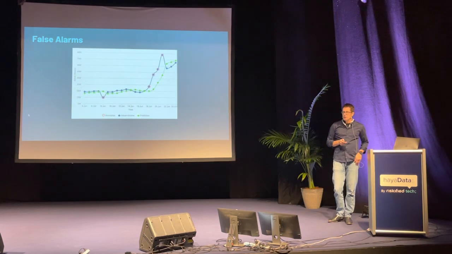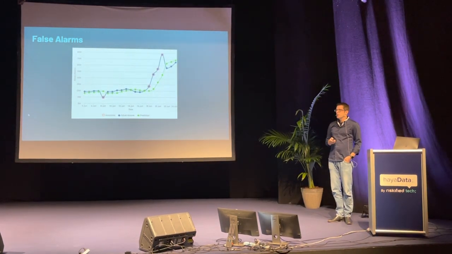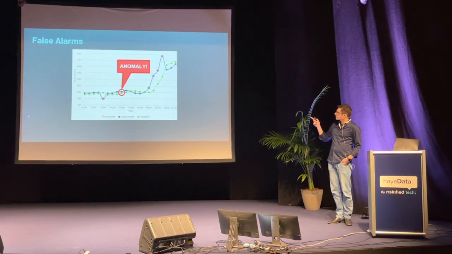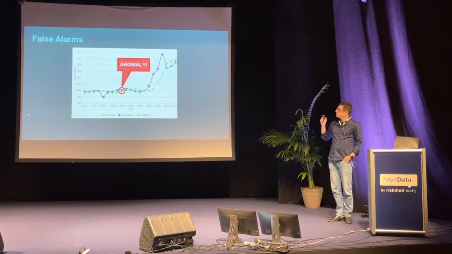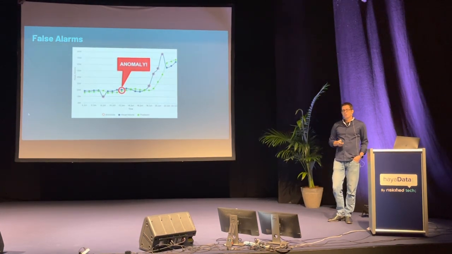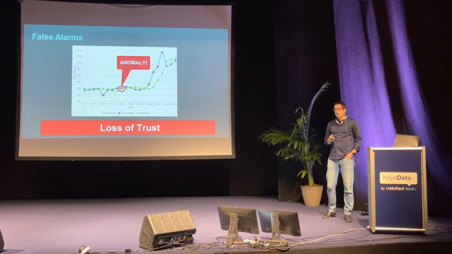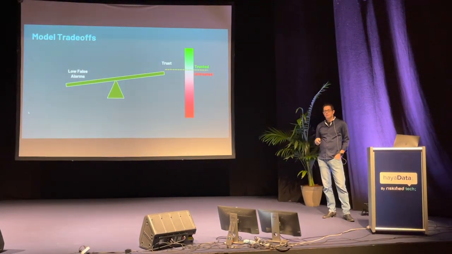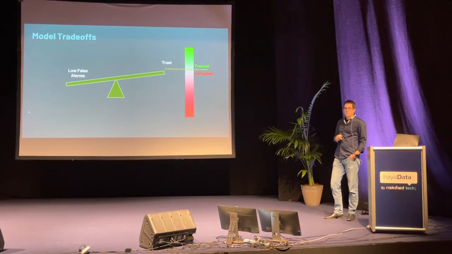All right, so what would happen if we start having false alarms? Right, so let's say I say this is an anomaly and send an alert to my users. If I do this a lot, they'll start losing trust in the system. And over time, this trust will degrade. And maybe it will degrade so much that it will go below some imaginary line there, right?